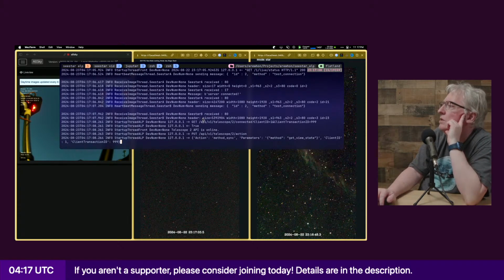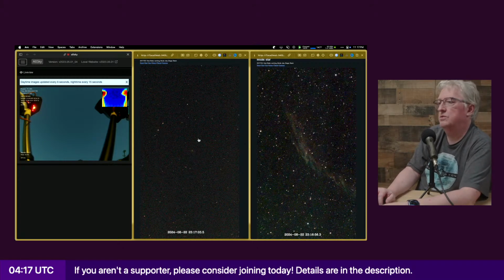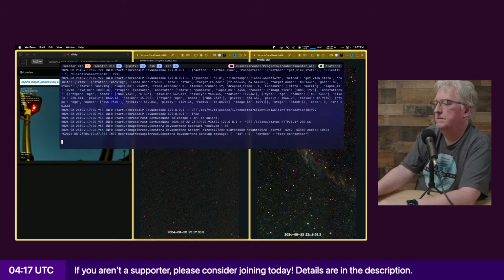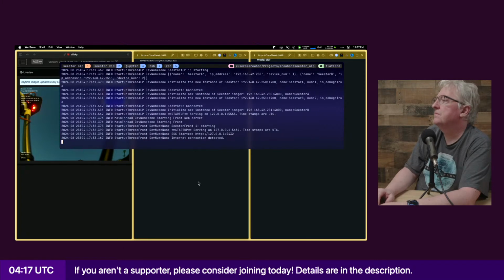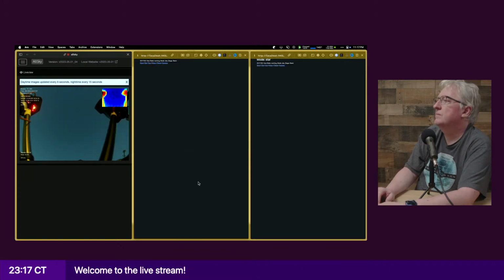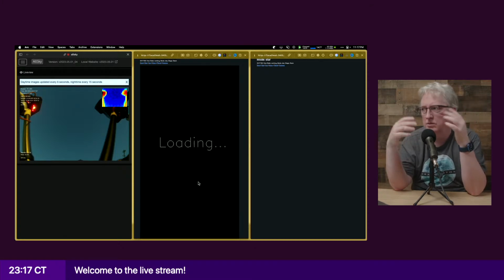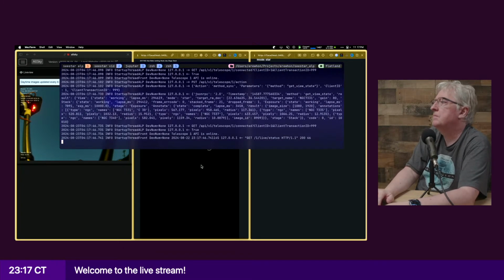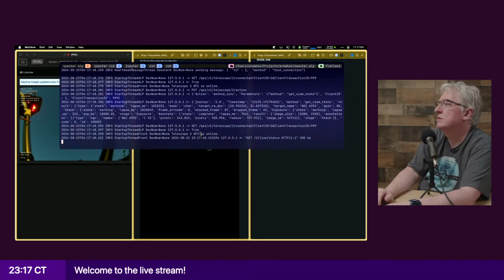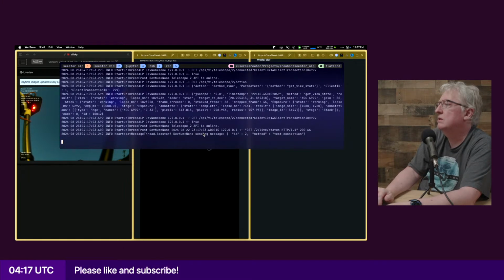No, that's B. No, it's getting the... Darn it. Because to get it out of this mode, I basically have to restart it. This is where it's not 100% yet. It's in that transition between stacking and continuous, like the preview mode, where it kind of goes wrong. But again, it's close. It just needs a little bit of a tweak, I think.